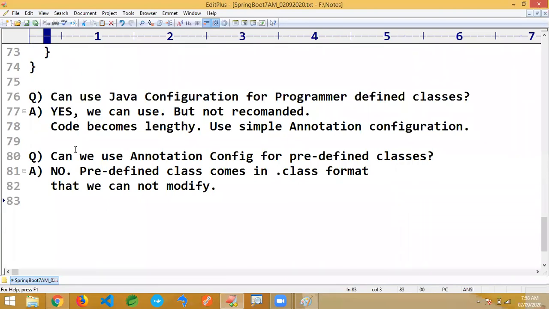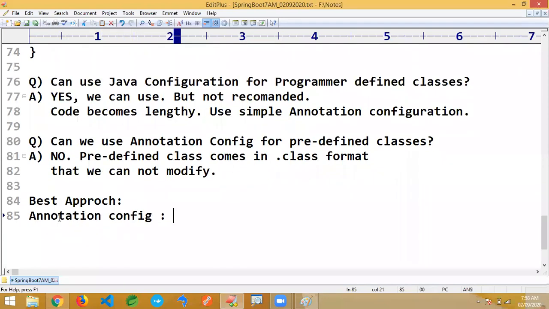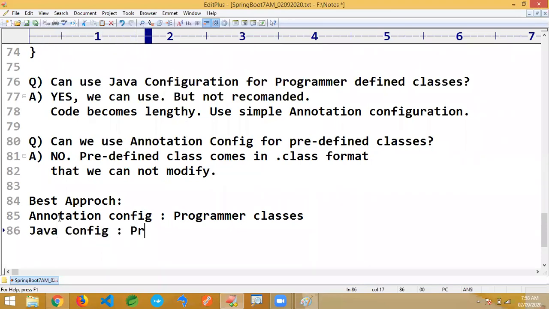Okay, I think you understood the point here. But what is the best approach? Annotation configuration is for programmer classes. Java configuration is for predefined classes.